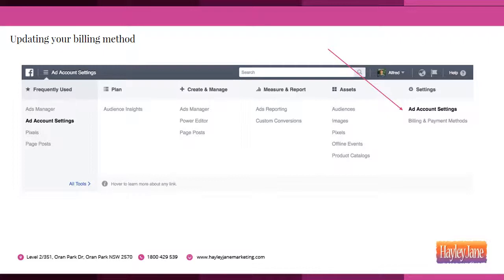So now that you've created your advert account, you need to update your billing method. There are options to update your billing method inside your ad account settings. To get to your ad account settings, you go to the little hamburger on the top left, next to the little Facebook icon there, and then you'll see ad account settings in the drop down menu. So go all the way over to the other side on the right where it says ad account settings,